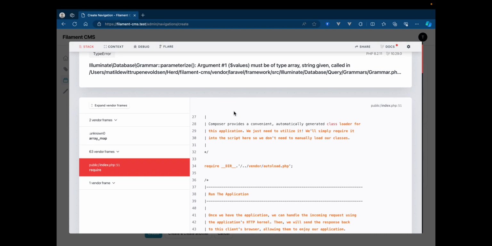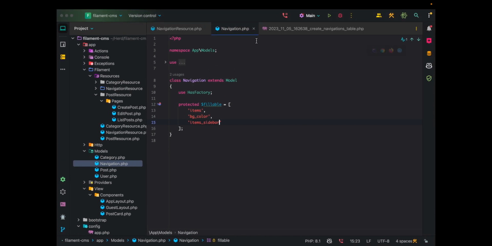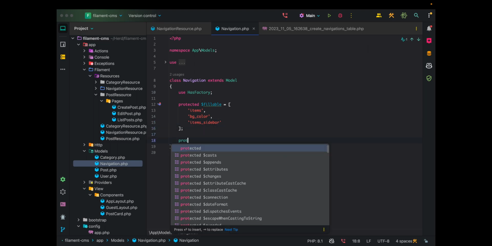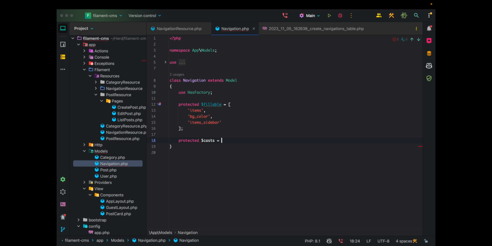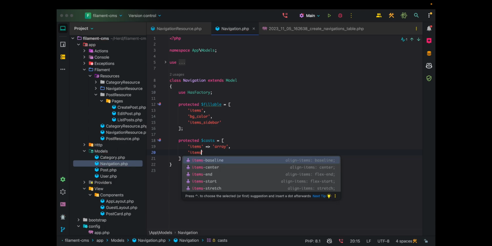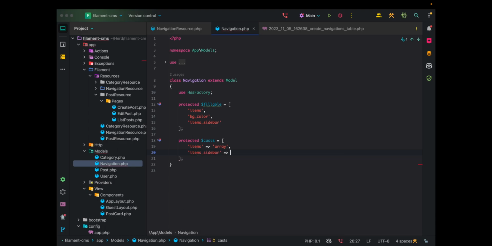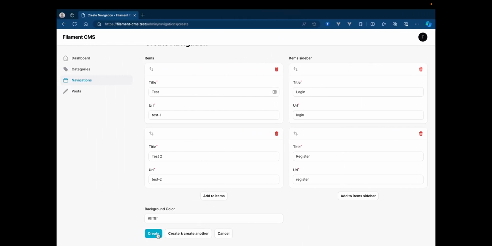All right, so we have this error here. Argument values must be type of array, string code. So I think this is to do with the fact that we need to specify a cast. So we need to specify the casts. Basically, in this case, we need to cast items as array and items sidebar as array. If we now go ahead and click create,